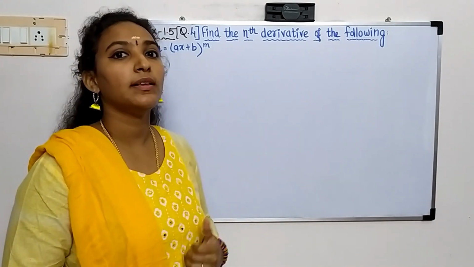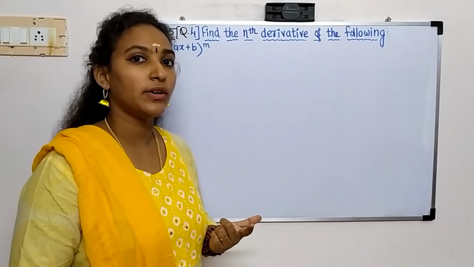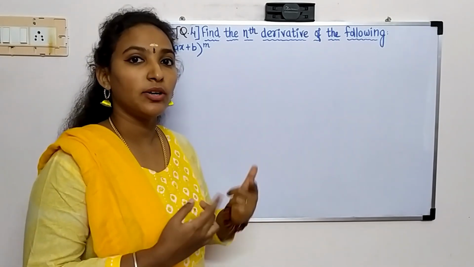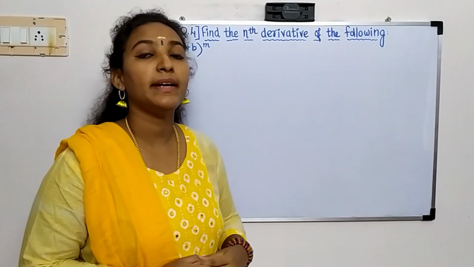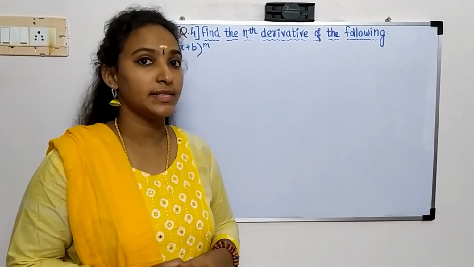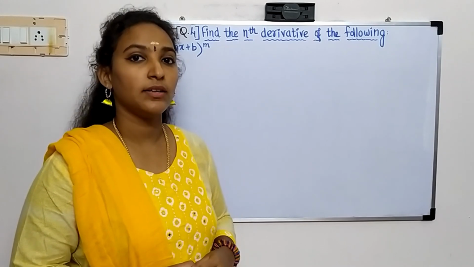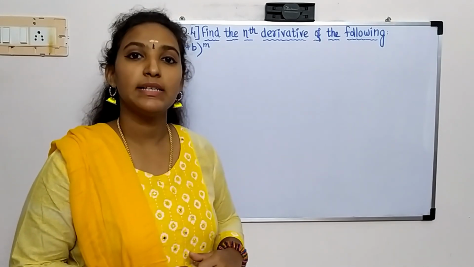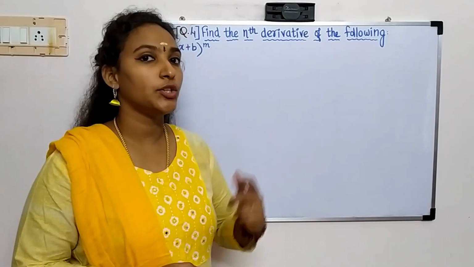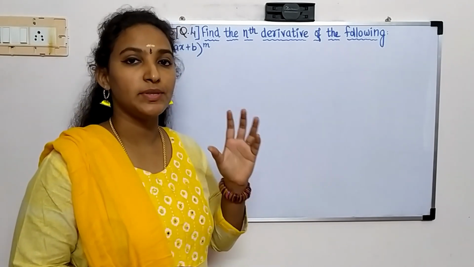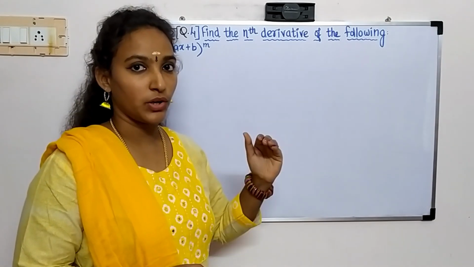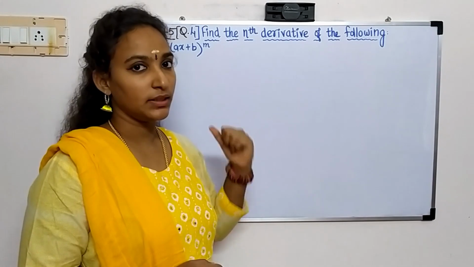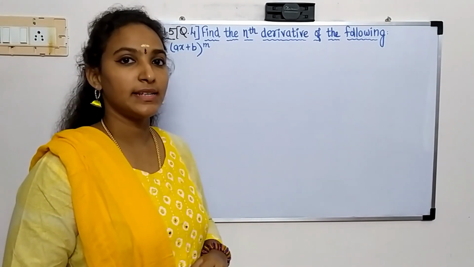So far we have solved first order derivative, second order derivative only. Now we will be solving with the nth order derivative. See, finding the nth derivative of a function is really a difficult task. So what we are going to do, we will be finding the first order derivative, second and the third one. Using those 3, we are going to observe a similar pattern followed. Then using that, we are going to find the nth derivative of the given function. So let us start now.